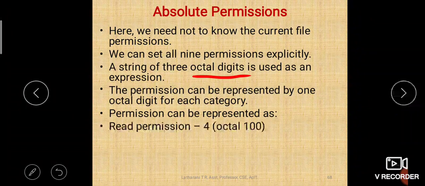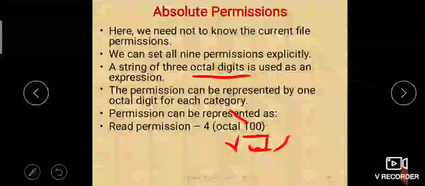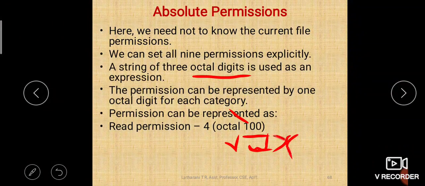Read permission can be represented as 4, that is 100. So here you can see this 100 where 1 is there. See, here we use R, W and X, right? Where in which place 1 is there, it is providing that permission.